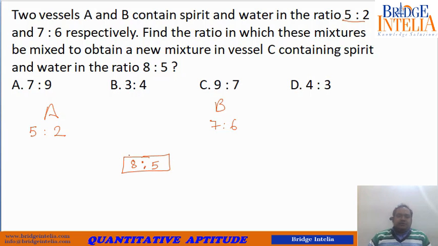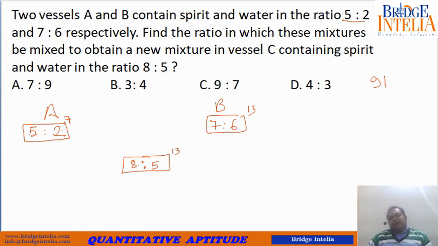So we will use both the approaches, both the methods that we just learned, and let's see which comes easy to you. Now, first method, try to make the ratio homogeneous. How? The sum here is 7, 5 plus 2, 7. The sum here is 7 plus 6, 13. Here also the sum is 13. So take the LCM of 13, 13 and 7. So LCM is 91. So convert them in such a manner so that their sum comes to be equal to